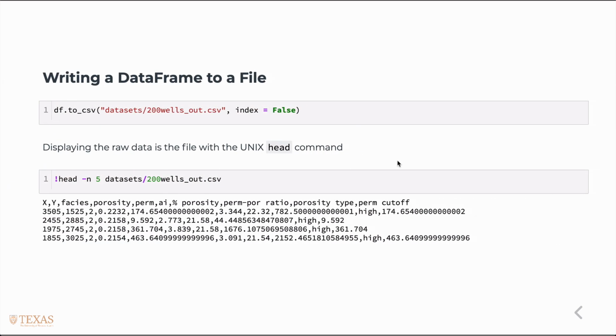Finally, after we've done some transformations on a data frame, it might be useful to write that to a file so that we could then import it into Excel or send it to someone else for further manipulation. The data frames have this built-in to_csv command, where you just give it a file name, in this case, 200 wells out. And we're going to remove the index from the data frame because, again, those monotonically increasing integers aren't that useful. In this case, we wrote to a file that's on my hard disk here,